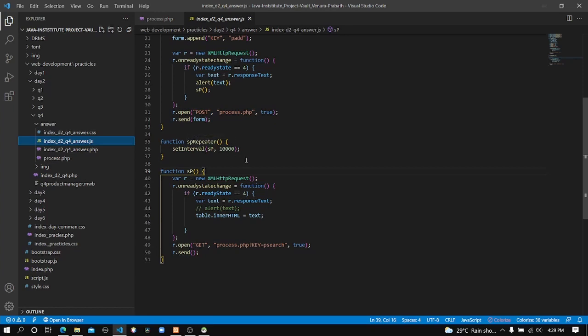SP repeater function is a simple function. It will just execute, or it will just call the SP function. SP repeater means it calls or executes the SP function repeatedly. Here you can see here's the time I give it, 10 seconds. After this repeater function is called, after every 10 seconds this SP function will be called again and again. Okay,